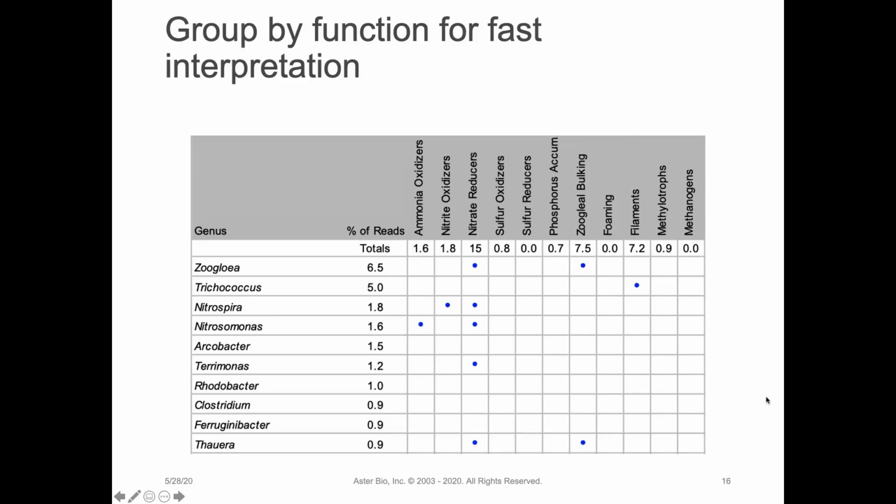Here is an example of the output. Zooglea, for zooglial bulking, is a common bacteria you'll find quite often. And it's included in the,